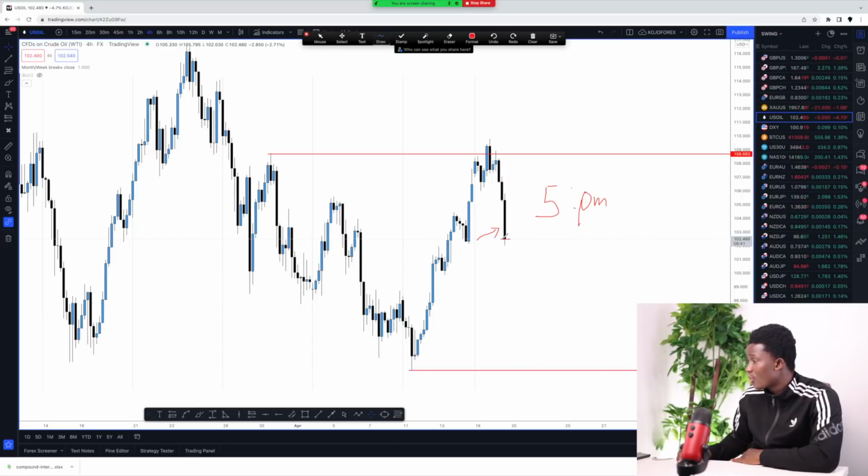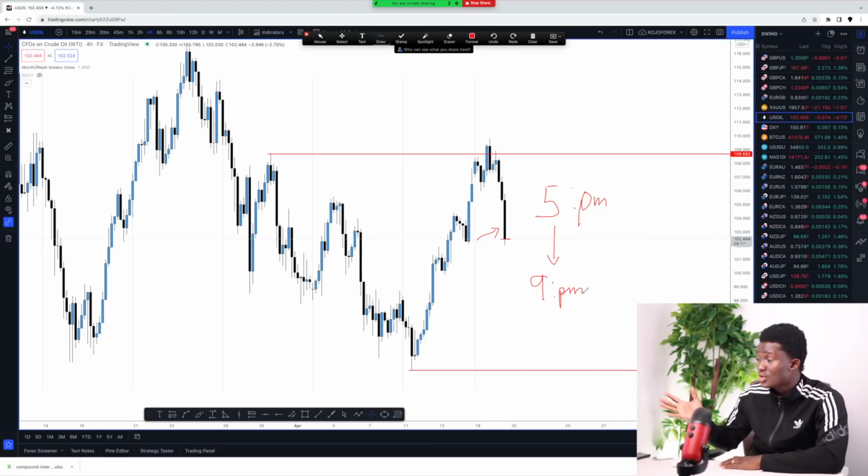Now, when the new one opens, how long is it going to trade before it also closes? Currently, we're still on the 4-hour time frame, so it's definitely going to take 4 hours. From 5, 4 hours later, it's basically 9 p.m. Then at 9 p.m., we may also come into the market, scan through all our currency pairs and our setups to see if we have something to bank on.